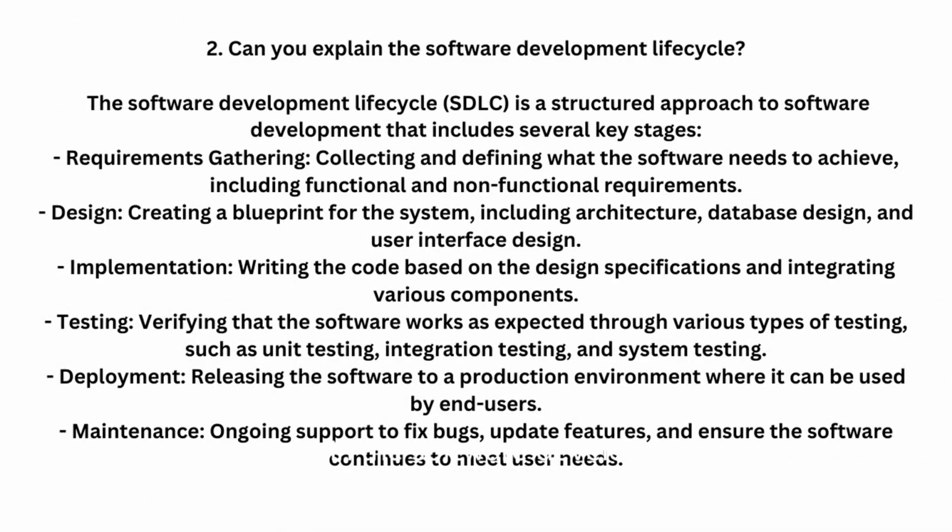2. Can you explain the software development lifecycle? The software development lifecycle (SDLC) is a structured approach to software development that includes several key stages: requirements gathering, collecting and defining what the software needs to achieve, including functional and non-functional requirements; design, creating a blueprint for the system, including architecture, database design, and user interface design; implementation, writing the code based on the design specifications and integrating various